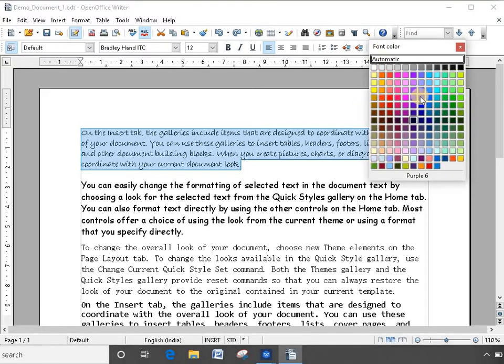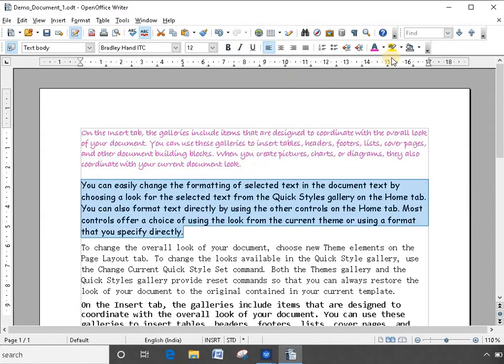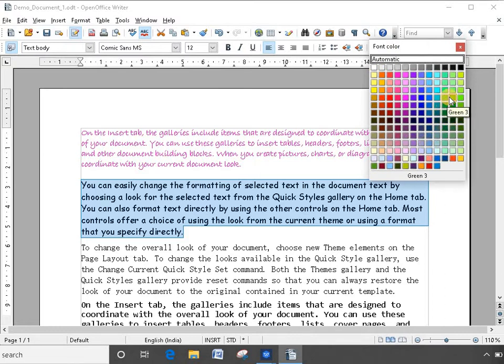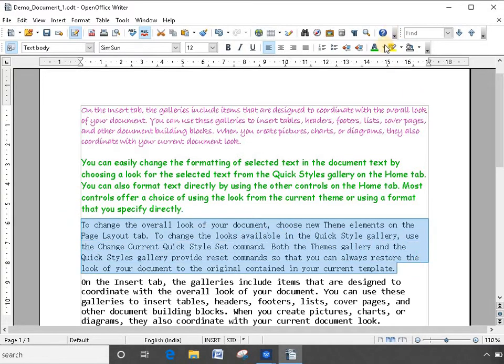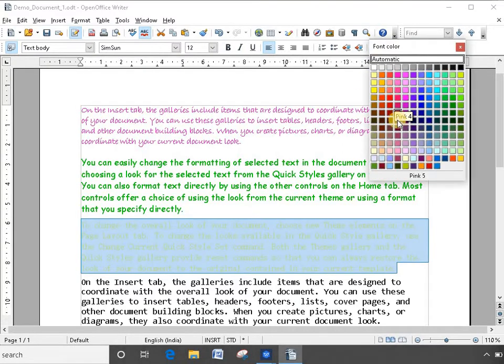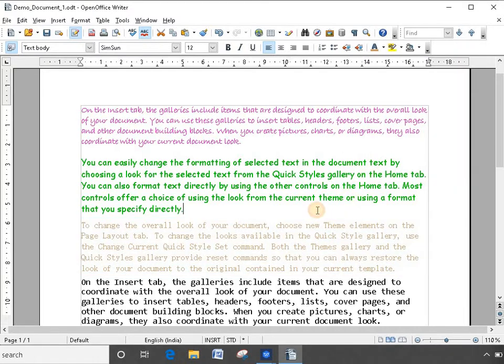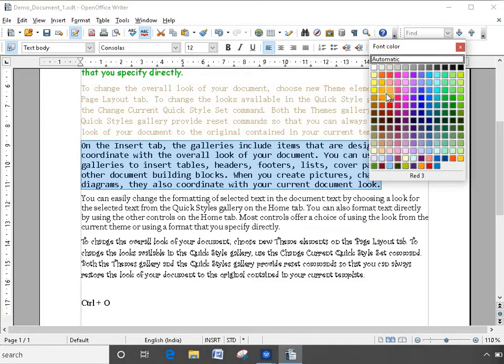Click here and choose from the different colors available. Just choose any color you want. Okay, again go here, choose a different color. It is not clearly visible. There are multiple colors we can use. Okay, see, one more thing we can do, click here and make it